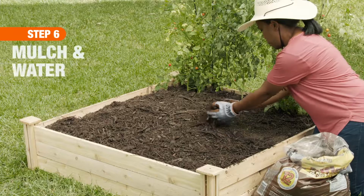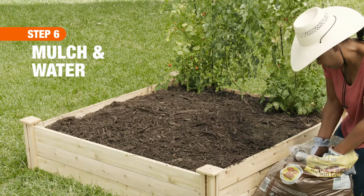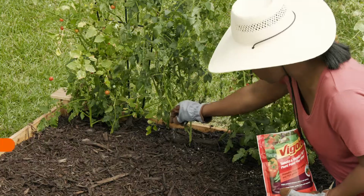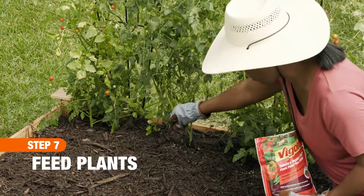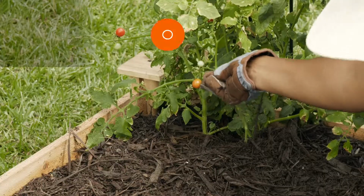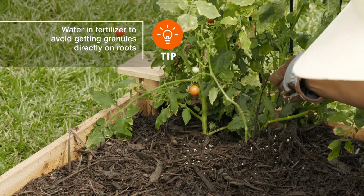Next, keep plants watered and mulched, especially during hot, dry conditions. Tomatoes require at least 1 inch of water per week. Finally, don't forget to fertilize the plants periodically. Use a balanced formula based on your soil's pH test results. As a general rule, 8-8-8 or 10-10-10 fertilizers are recommended for